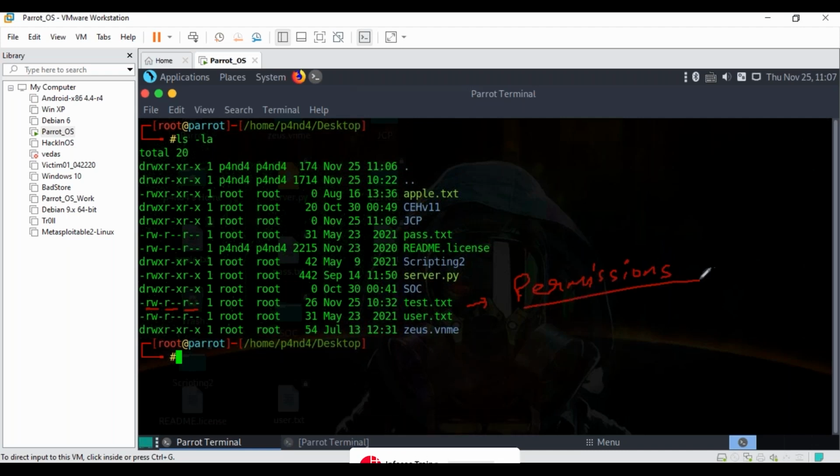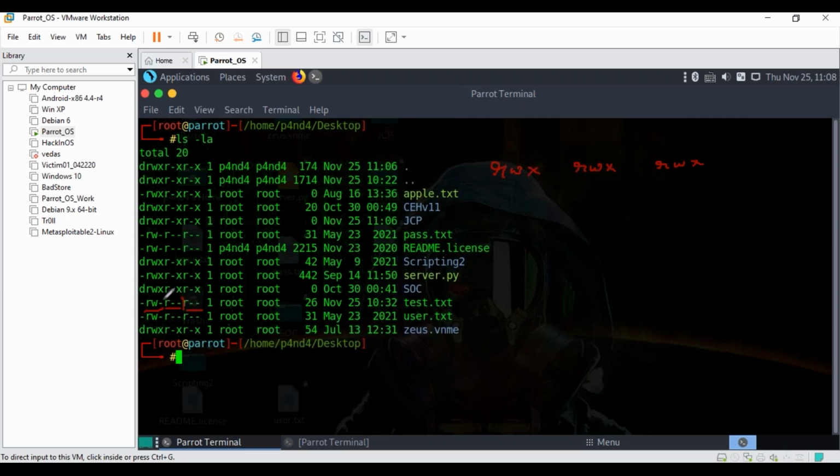These are your permissions. How they are defined, how they are structured, let me give you an idea for this one only. It is like this: rwx, rwx, and rwx.